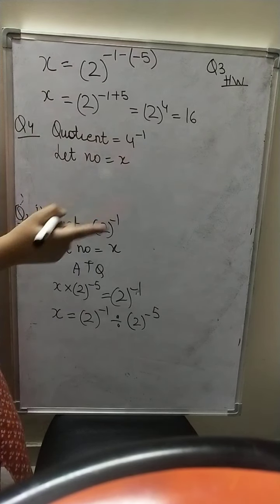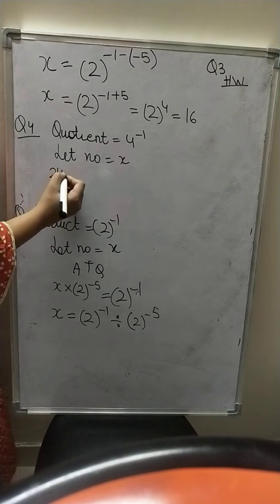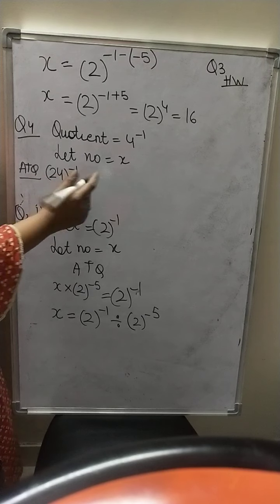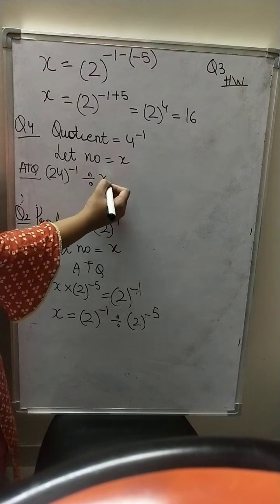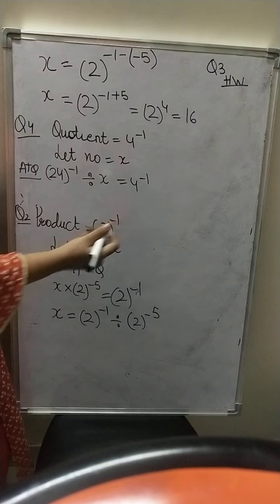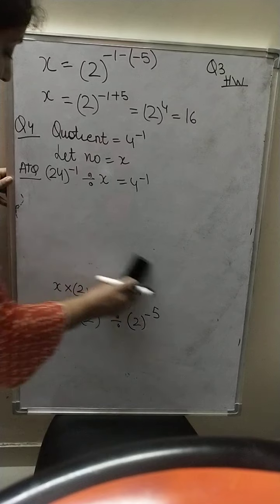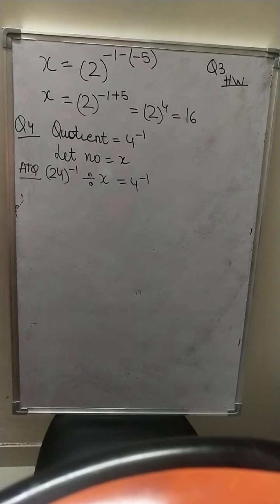So I suppose let the number be equal to x. Now son, do not get confused in this. Here I had taken x earlier, now what am I writing? 24, according to the question, 24 raised to the power minus 1 divided by x is equal to 4 raised to the power minus 1. Why have I written this? Try to understand the logic. By what number should 24 raised to the power minus 1 be divided? That means 24 raised to the power minus 1 should be divided by what? So we said we will divide by x. Got the logic? Now let us see what we can do in this question.